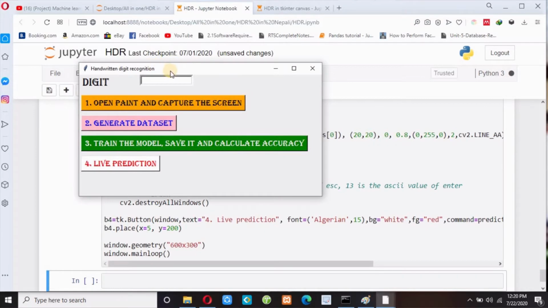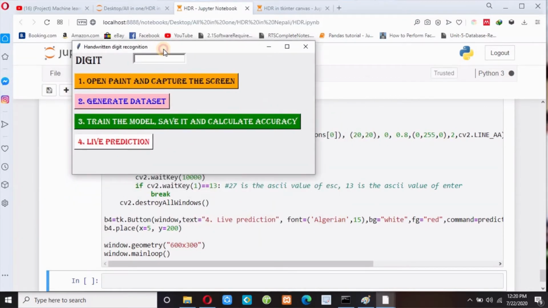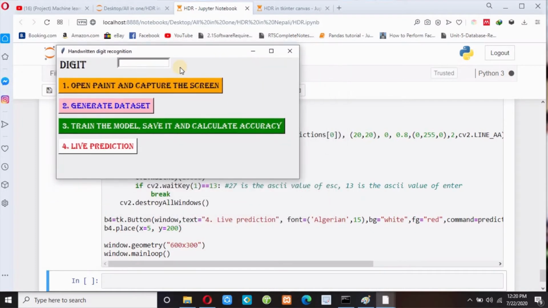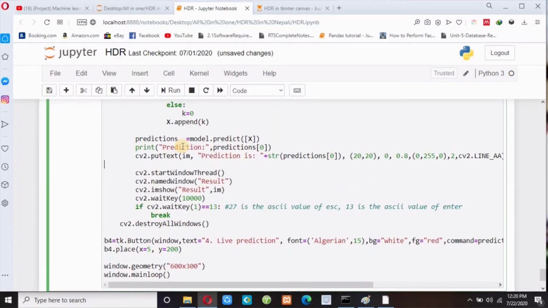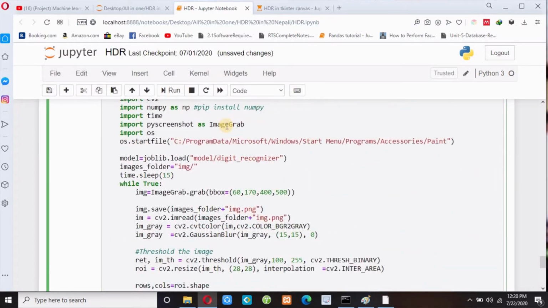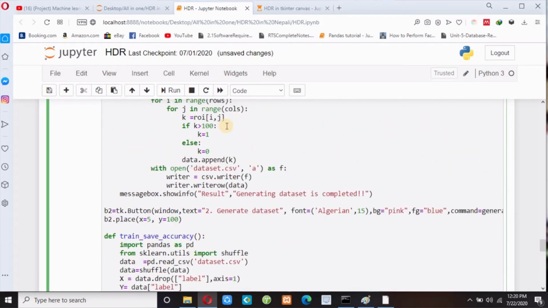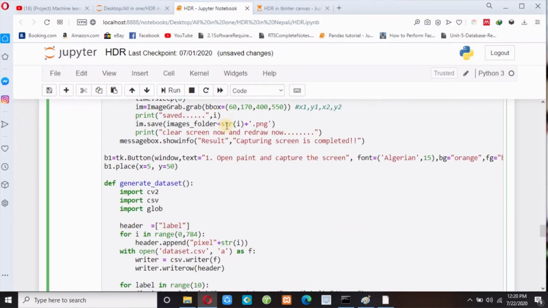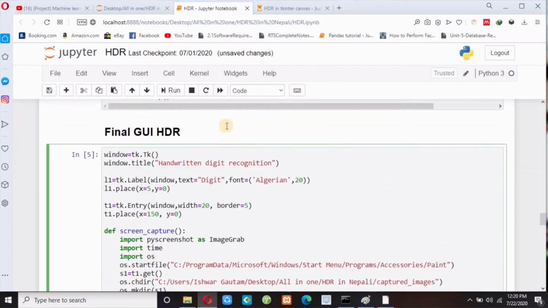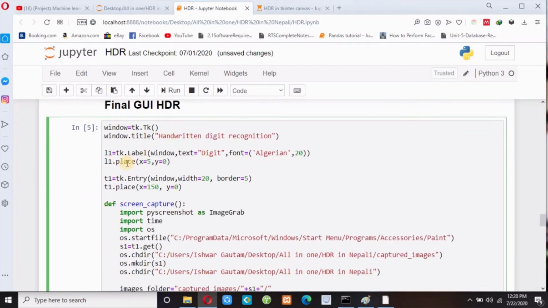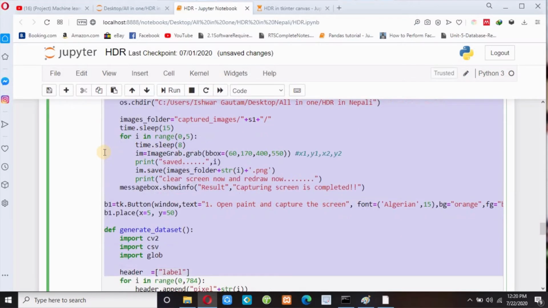I have already made this window in my previous video, and I will not explain this code once again in this video. And this is inside the window, but now I have to put all these labels, text field and buttons inside canvas 1. So what I am going to do is, I will simply copy this code. This is the code from my previous video, so you have to watch that video first. So I have to copy everything from here.